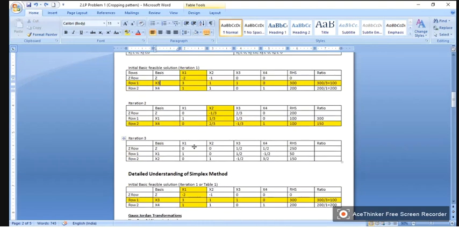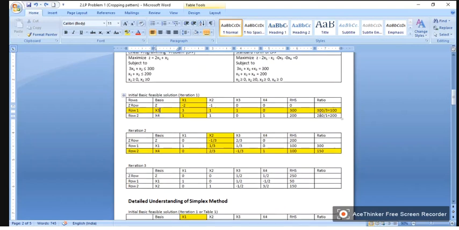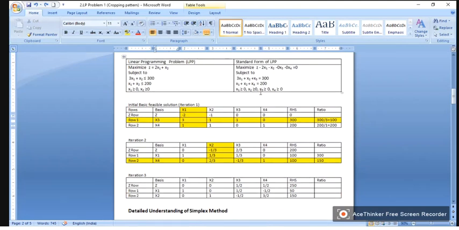Now, you assume that you got the second table, iteration 2 table. Now, in this table, we have to again consider whether the coefficients are all positive. So here you see x2 has got a coefficient with negative value. So from this we say that x2 will enter the basis. If x2 is going to enter the basis, what should leave out of the basis?